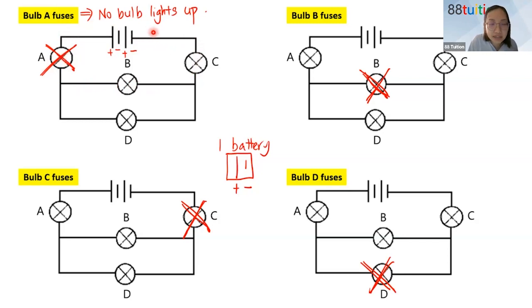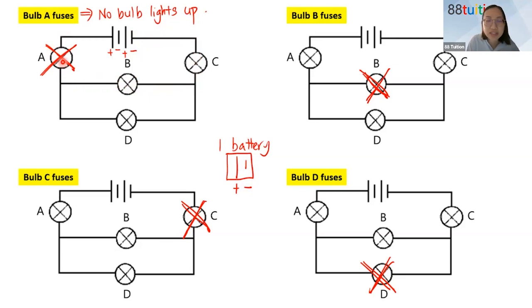So the current is very intelligent. Actually, no current will even come out from the battery, zero current. Please do not get this wrong. Some students thought that the current will come out and then light up bulb C, light up bulb B, and then the current will stop here because there's a broken road and the current cannot pass through. Now that is a wrong concept. That is a wrong concept. So please don't think that the current will pass through here and then stop here.